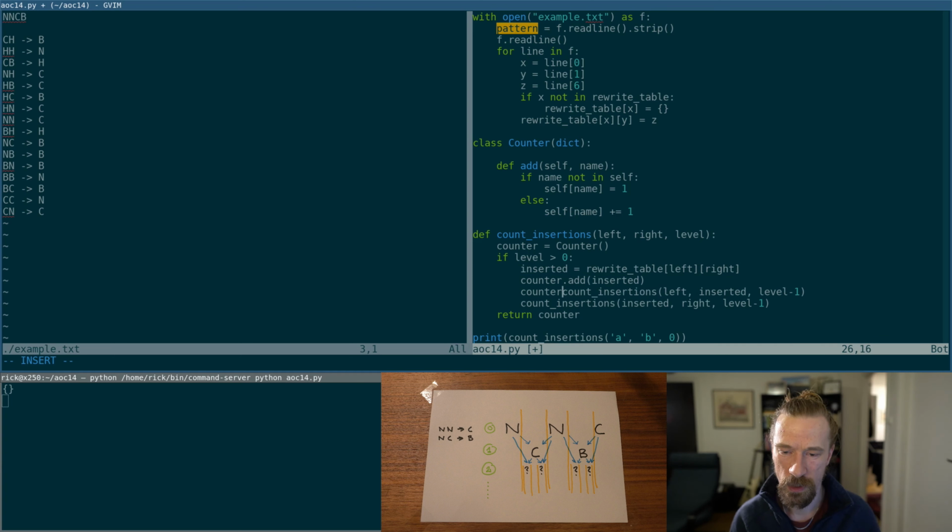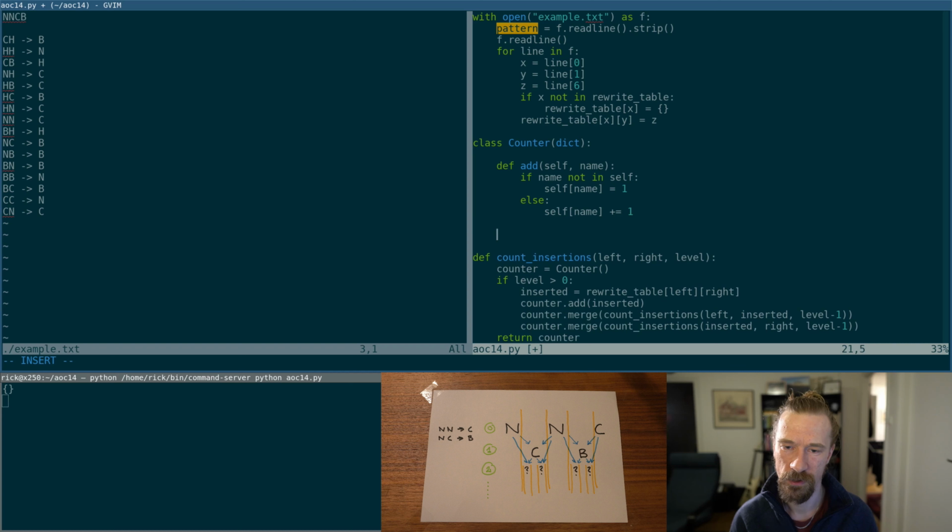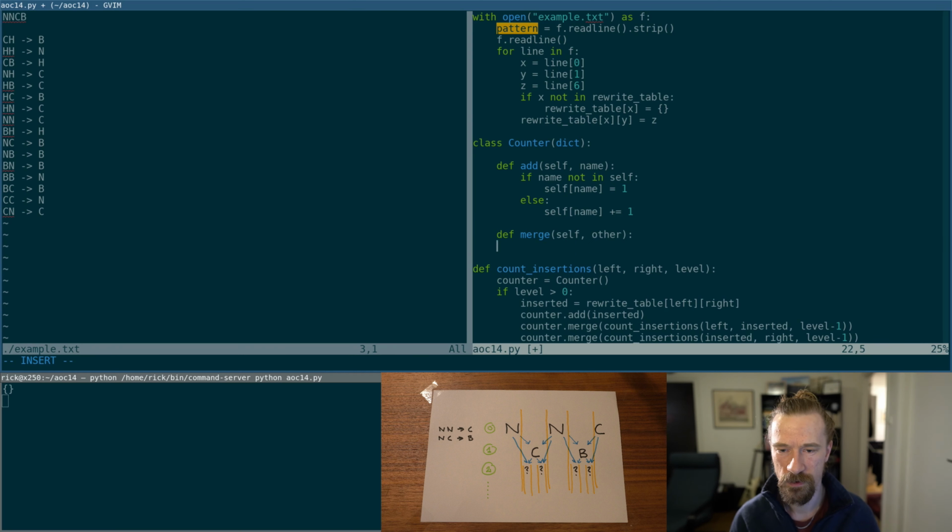And then we need to do counter.merge the results from that one. And merge just does this. Other, so for